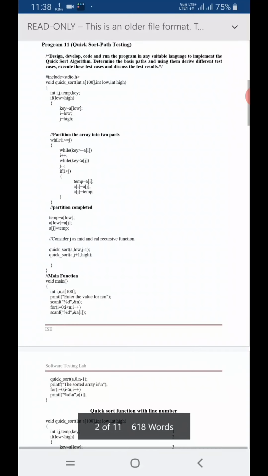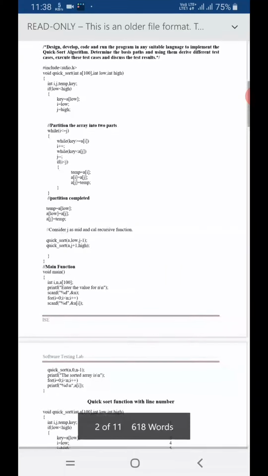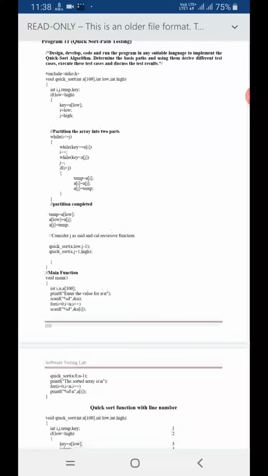Why do we need this basis path? For execution, any program can be represented as a graph. This is the basic concept. Each line is considered as a statement in a program.